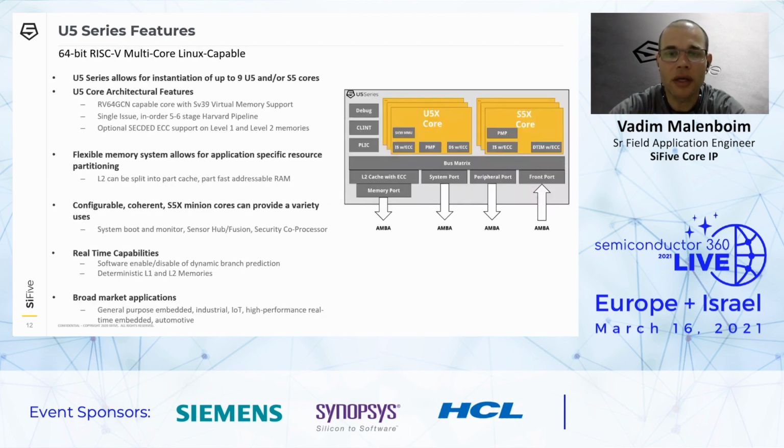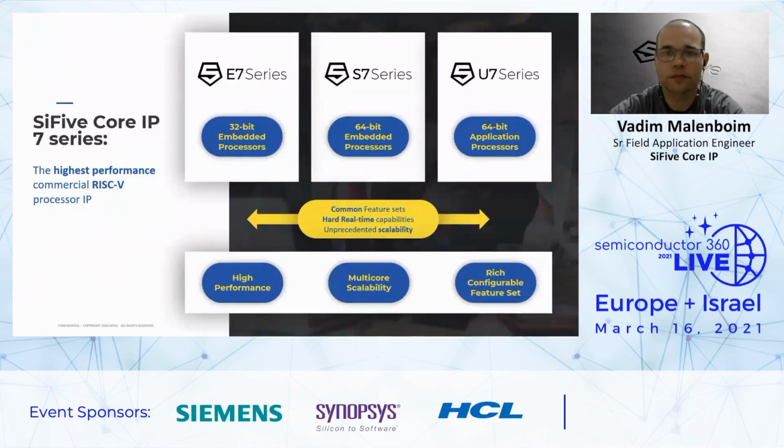The U5, as I mentioned, adds MMU and the ability to run Linux out of the box. In addition to the community-provided Linux, we also provide a complete tool suite to build a full Linux distribution from scratch. The 7 series is the highest performance commercial RISC-V processor IP available, and this is the series